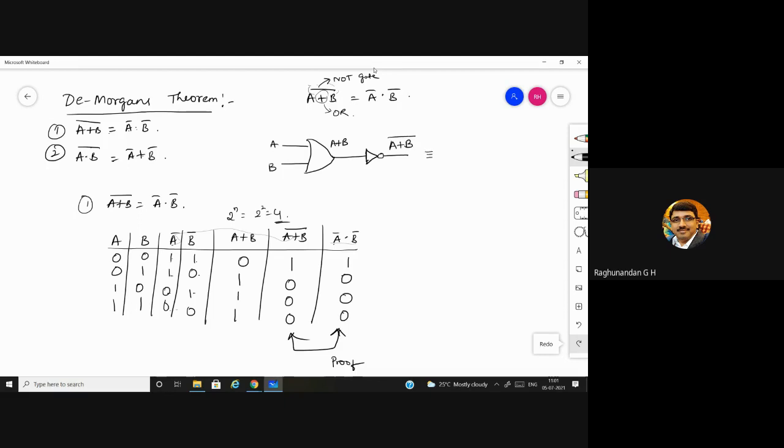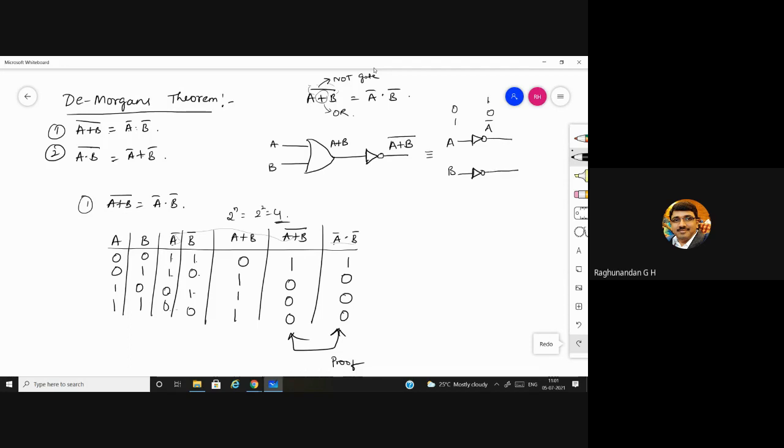So this is equal to A bar and B bar. If you take individual NOT gates, the NOT gate just gives the inverse of what you give. If you give 1, it gives 0. If you give 0, it gives 1.